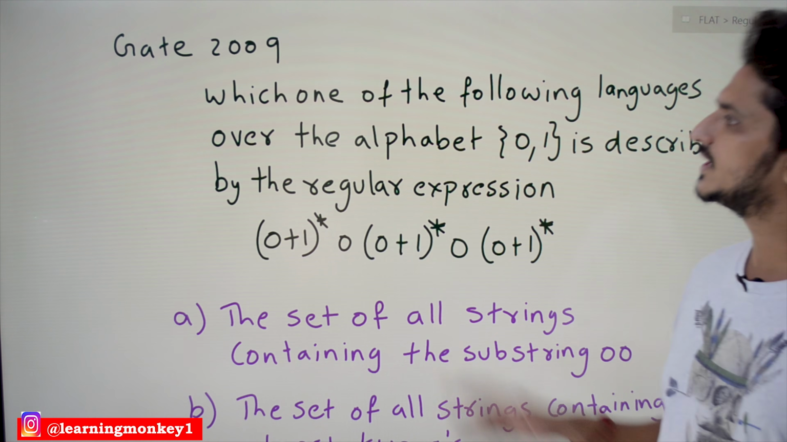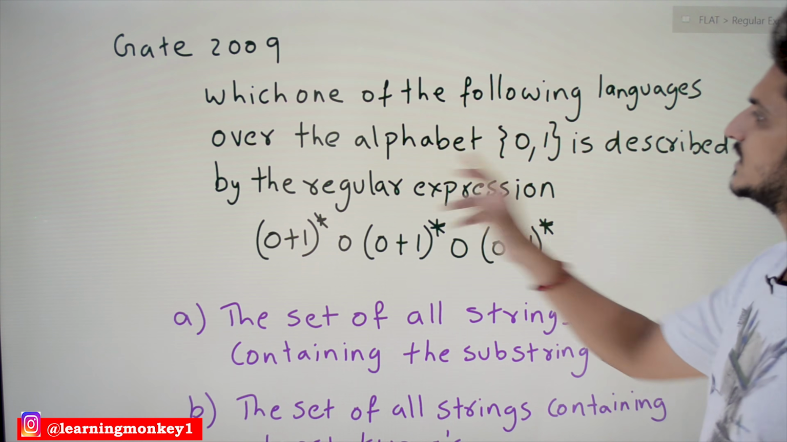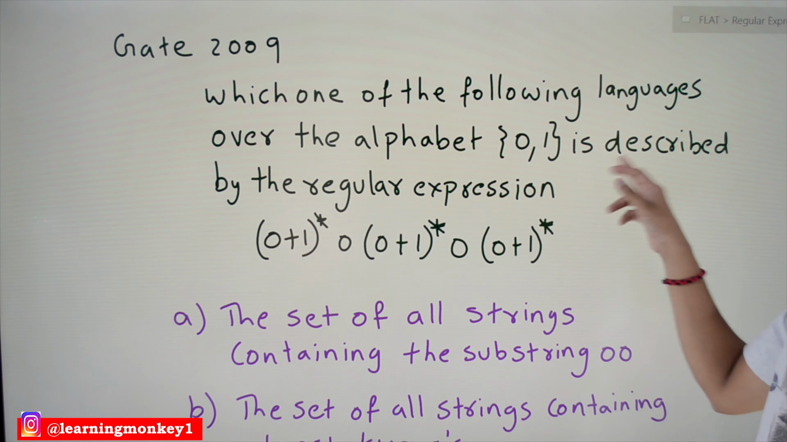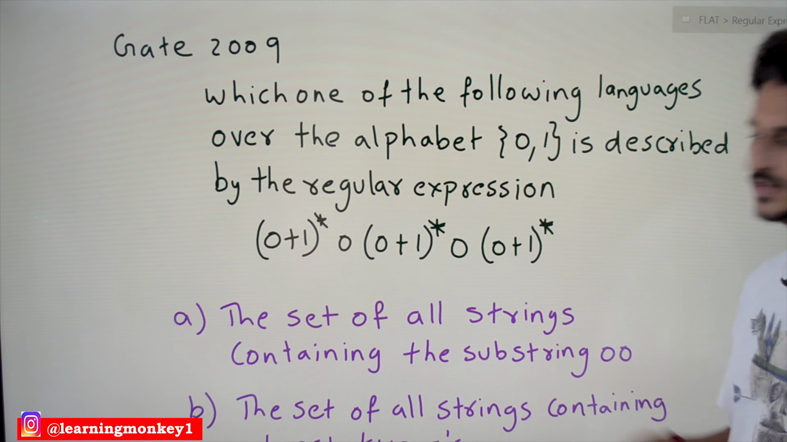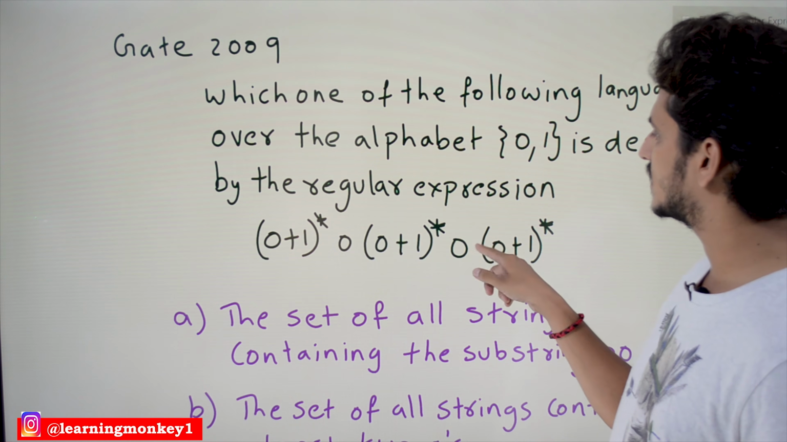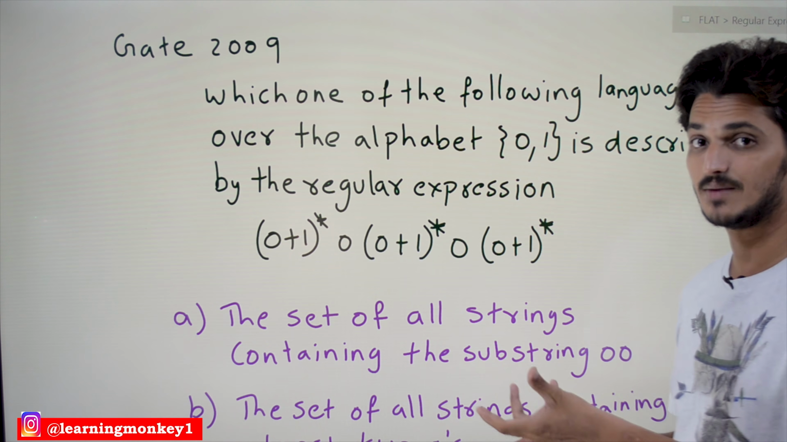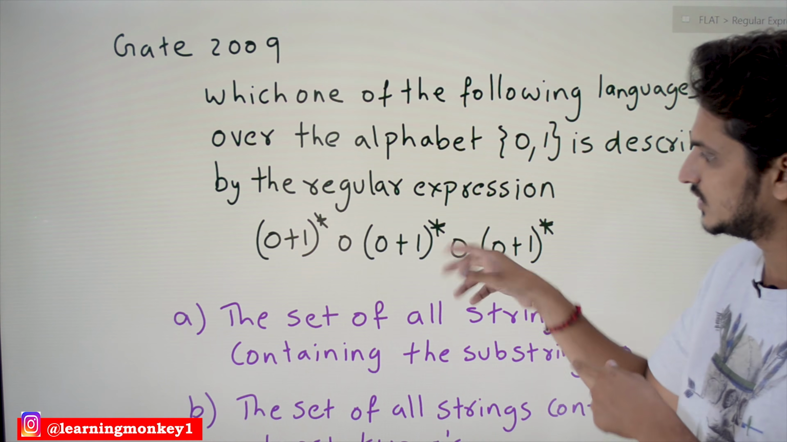The second question is given in GATE 2009. Which one of the following languages over the alphabet 0, 1 is described by the regular expression? This is the expression they have given: (0 or 1) whole star, 0, (0 or 1) whole star, 0, (0 or 1) whole star. So what's the meaning? Similar examples we have already done. This is going to generate